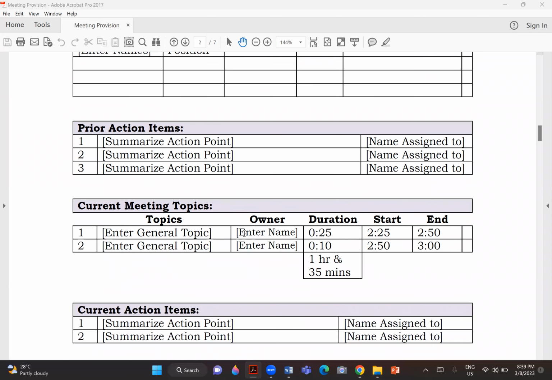The current action items. Here we can either use actions from the previous meeting or actions that have been discussed in previous meetings, not necessarily the most recent one, but are important to be discussed again as a checkpoint in this coming meeting, and we need to name the designated person who's in charge of working on it.